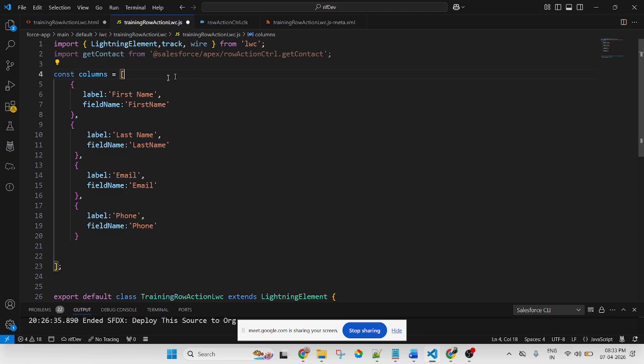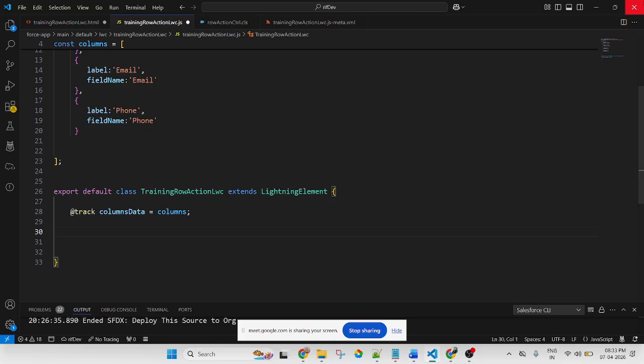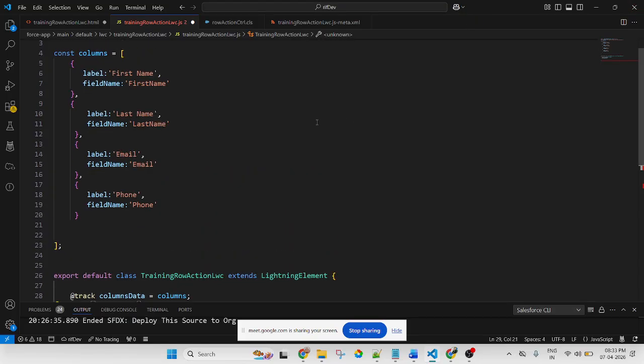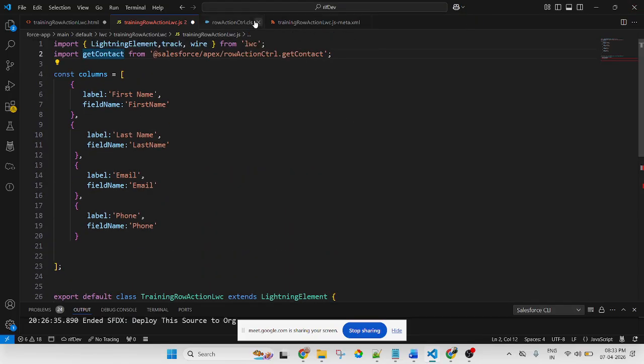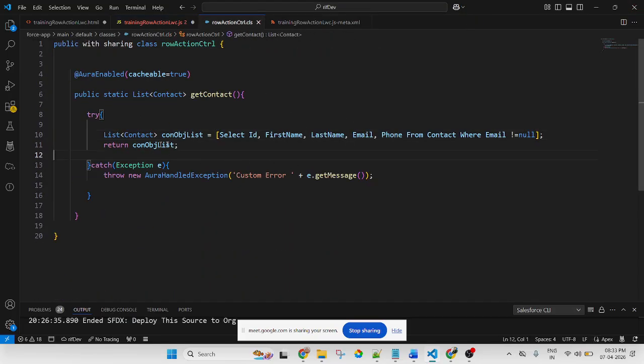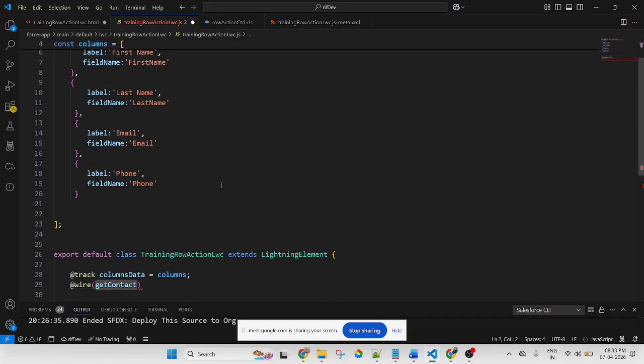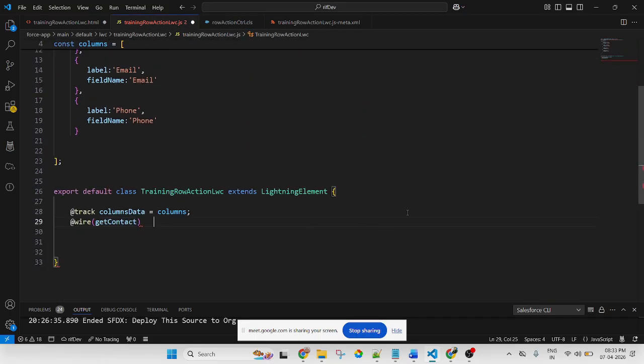After that, I imported a method, this method. So I will use the wire decorator. Inside the wire, we pass the method name. This is a method that I am importing from an Apex controller. This method I am importing here and passing here.